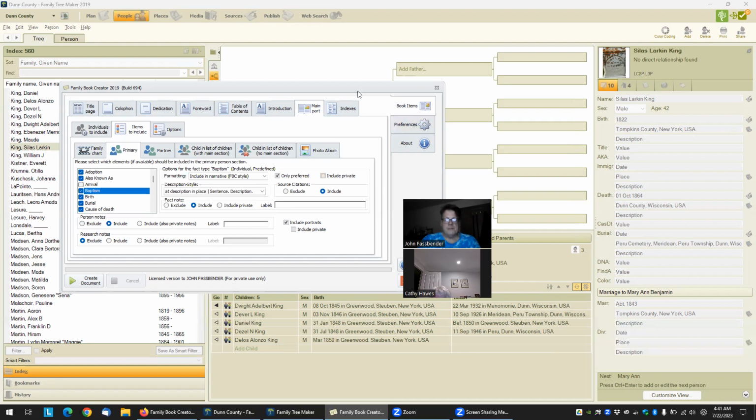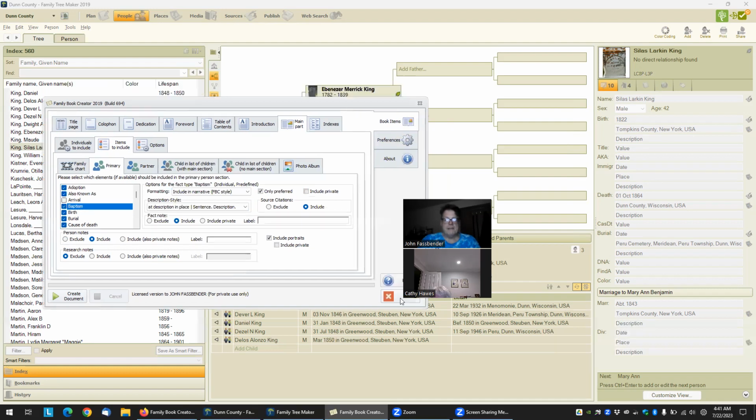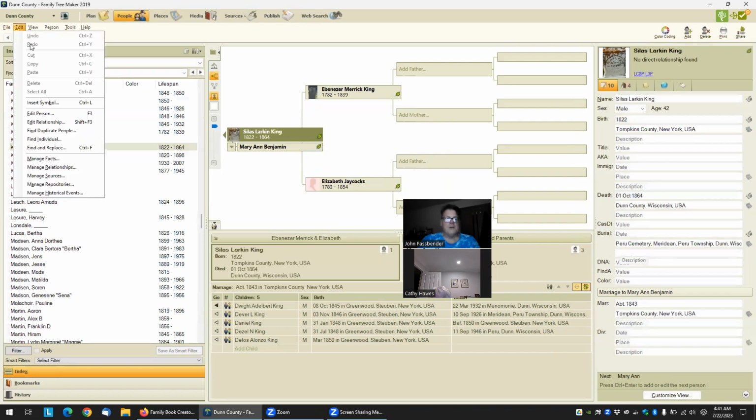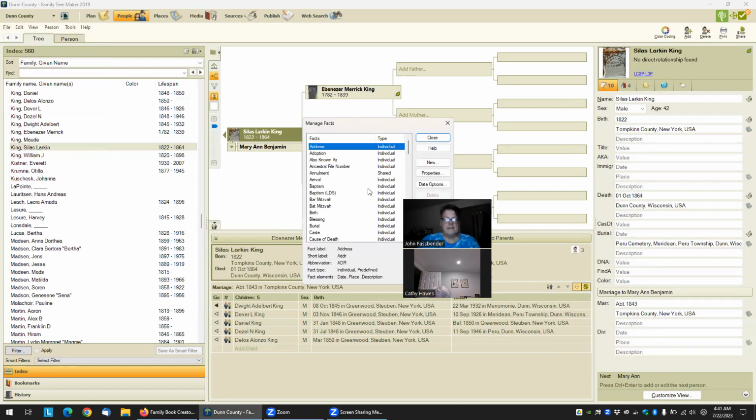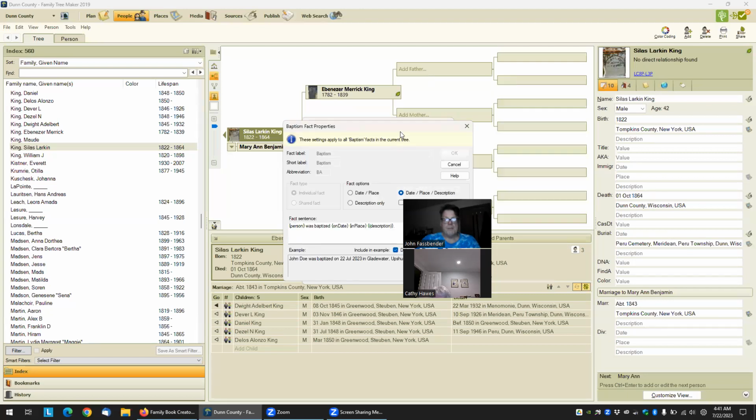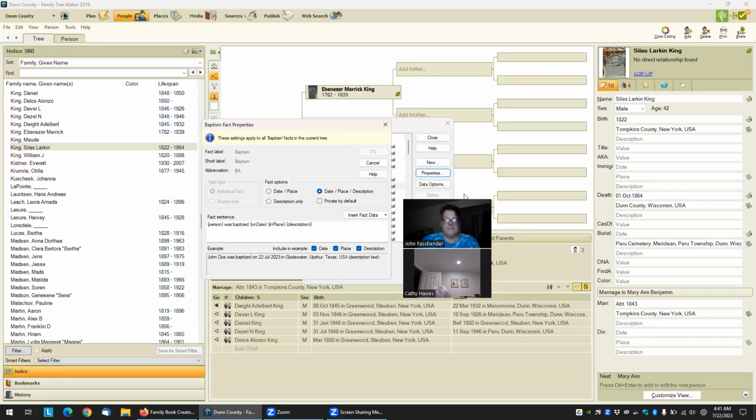And so you might have a little bit more flexibility. Let me just show you: go here, edit, manage facts. Here's the baptism fact. You can bring up the properties. It says, okay, person was baptized on date, in place, description. And here's an example: John Doe was baptized on 22 July in,